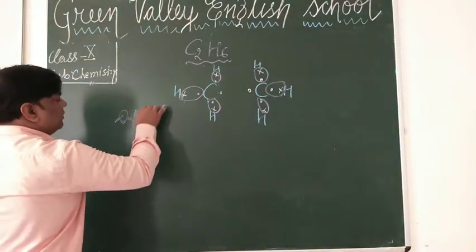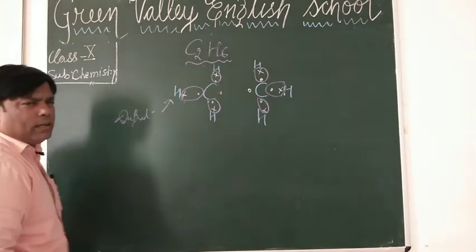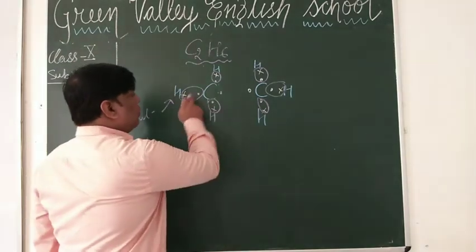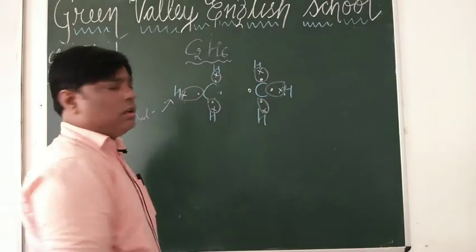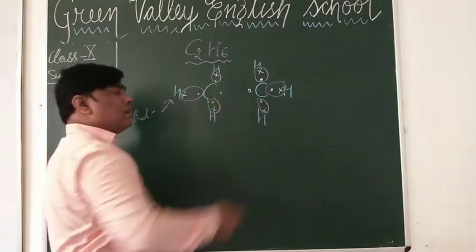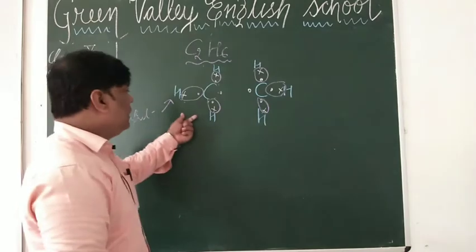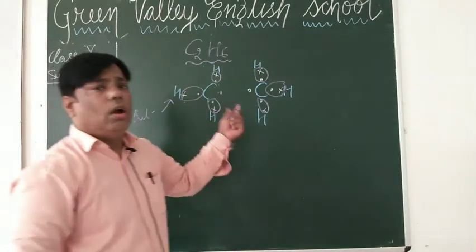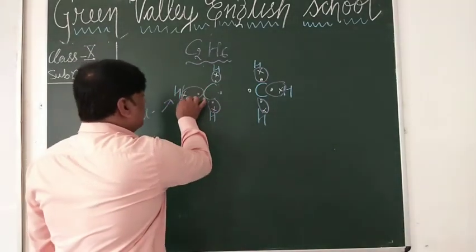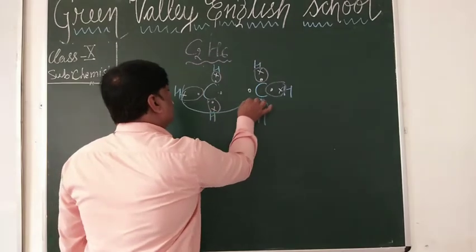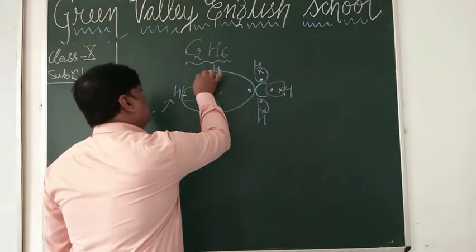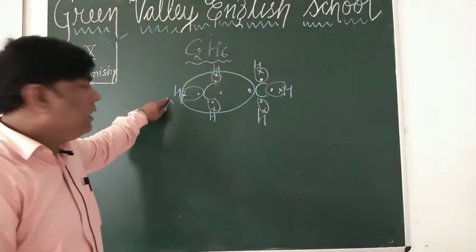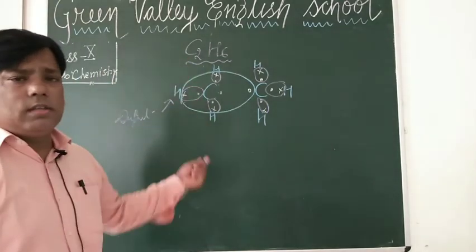Duplet is completed. Now what about octet of carbon? 2, 4, 6 electrons. Carbon has 4 electrons and 3 electrons are shared by these 3 hydrogen. It needs 2, 4, 6 and 7, one more electron to complete its octet. Now take one electron from other carbon, right? Here hydrogen duplet is completed. For carbon, octet is completed.